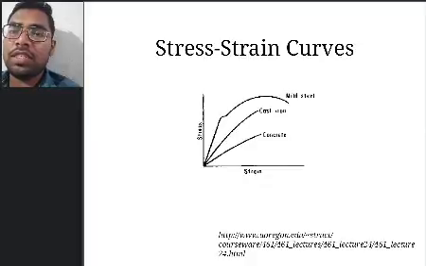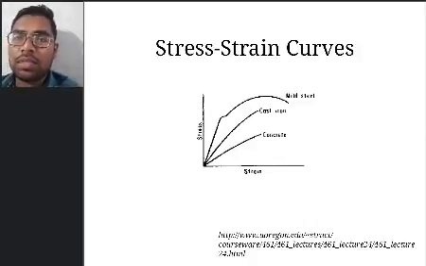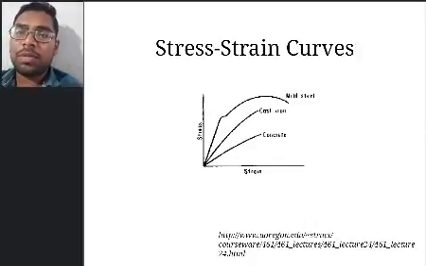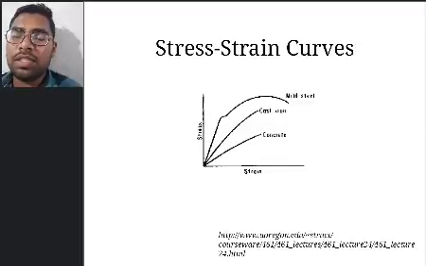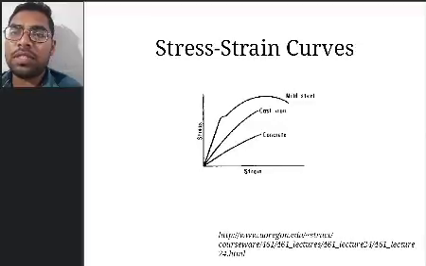Stress strain curve. This is our main topic. Before the stress strain curve, we have to discuss some limits like proportionality limit. Proportionality limit is first for an elastic object. An elastic object means the object which can regain its original shape when the load is removed. Like a rubber band, when we stretch it, it deforms, but when we release it, it comes back into its original shape. This is elasticity.